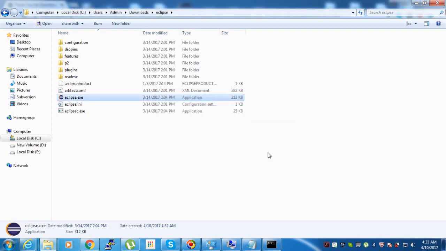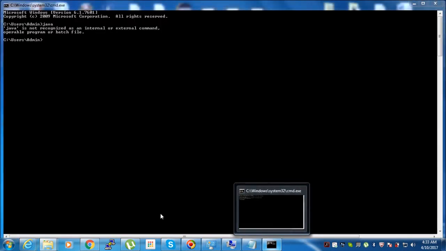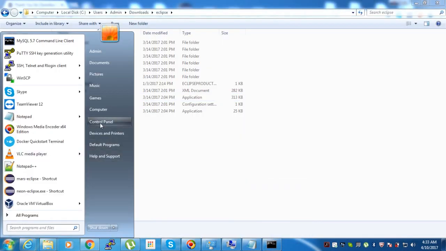So friends, as I told you, Eclipse's pre-requirement is Java installation. Though Java is installed in this machine, the environment variables are not set, so it is not able to find the Java executable file, because the Java executable file is not present in this location. So to make the Java executable available from any location in this machine, I will again set the Java environment variable path.